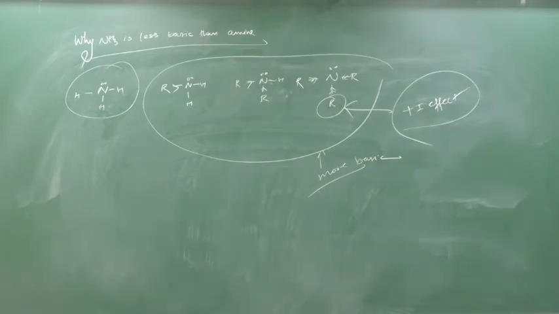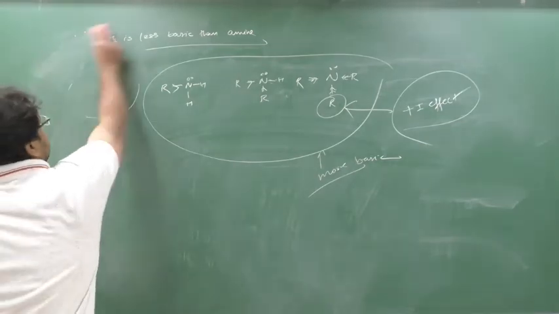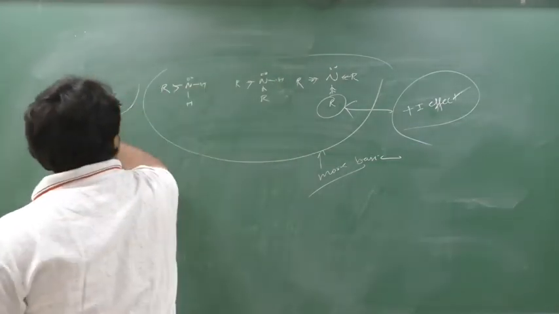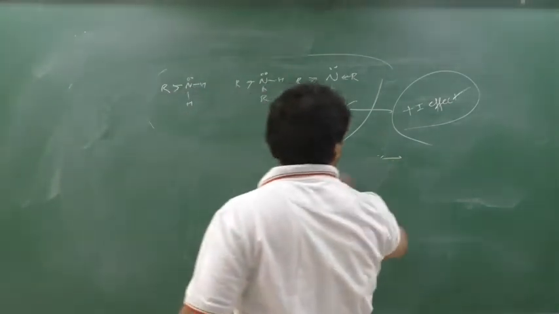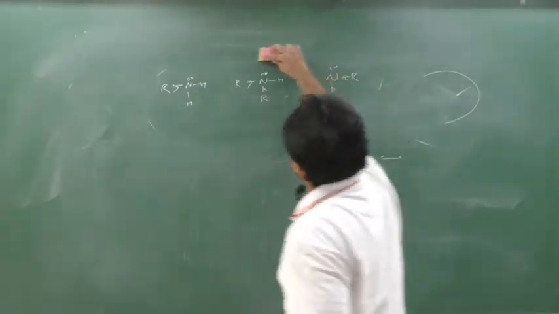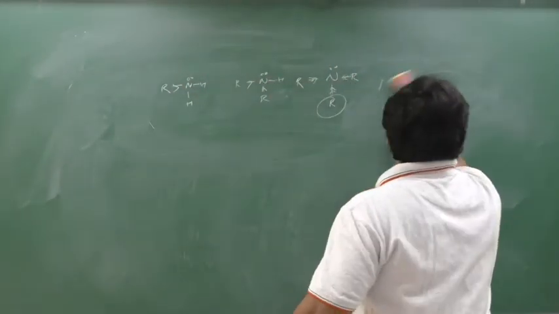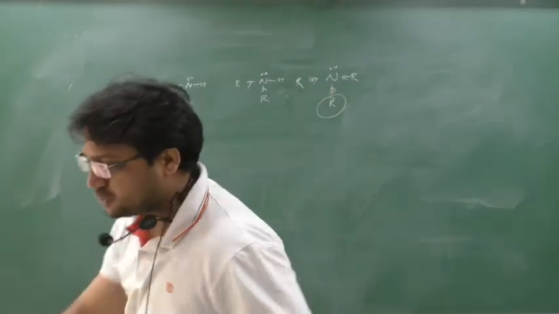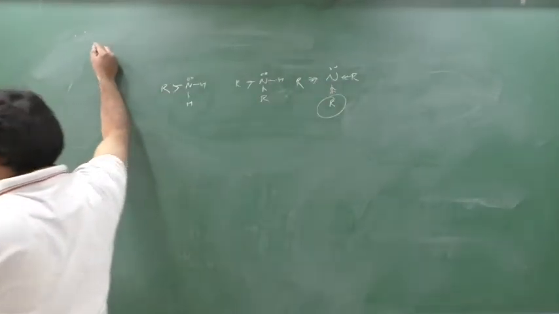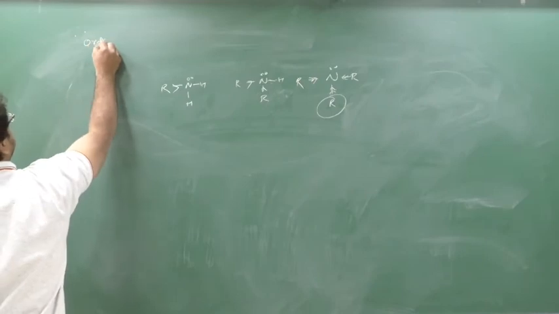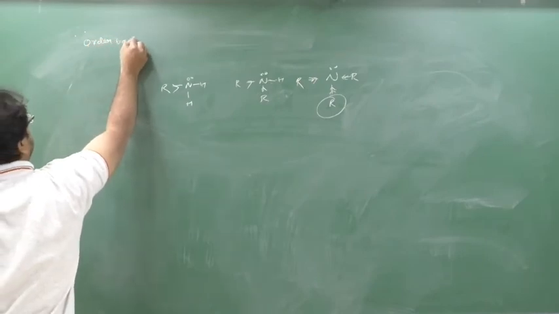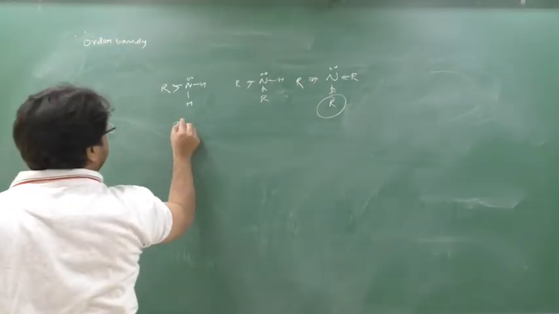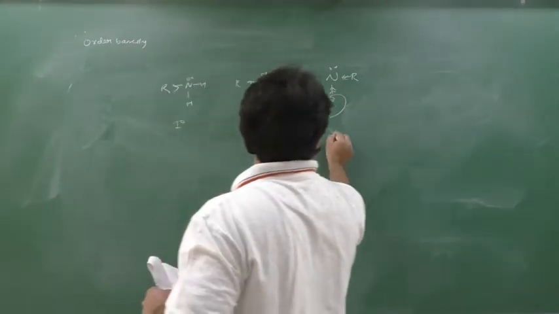Clear? Now see here, beta. Now we are going to compare. A very important logic I am going to show. Understood these amines? These amines have a plus I effect. Yes or no? So now the next heading is order of basicity. Here I will explain. This is 1 degree, this is 2 degree, this is 3 degree.